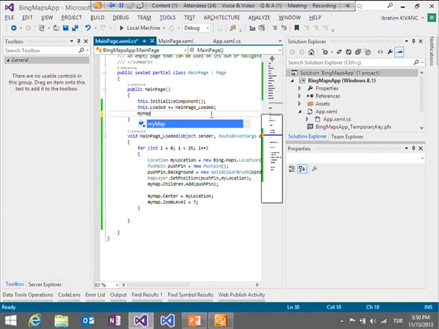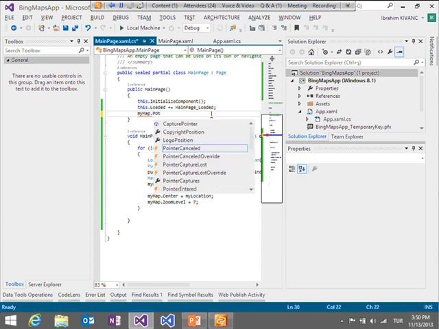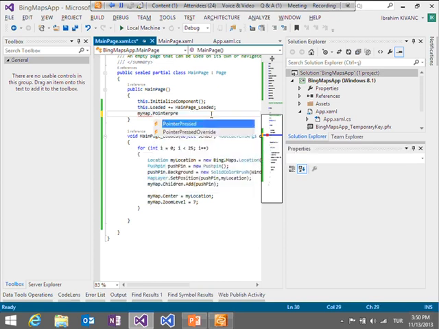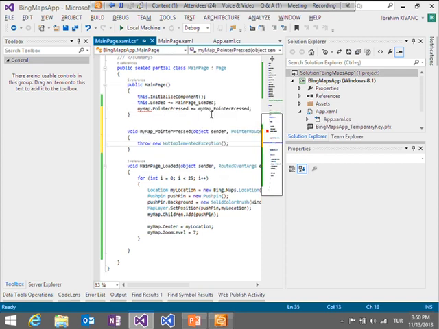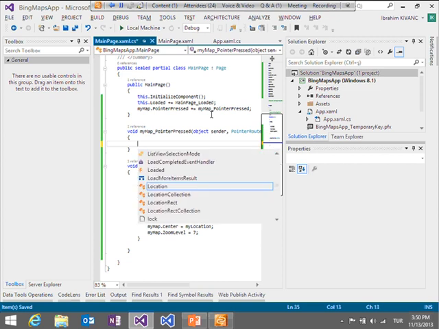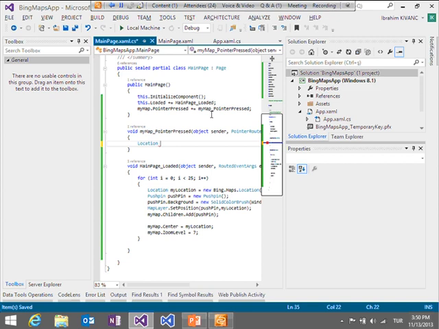Okay, my map is here. Okay, my map pointer pressed. This will be my event, and my map is here. Okay, I can access it right now. So we created a location. If you remember, location, then